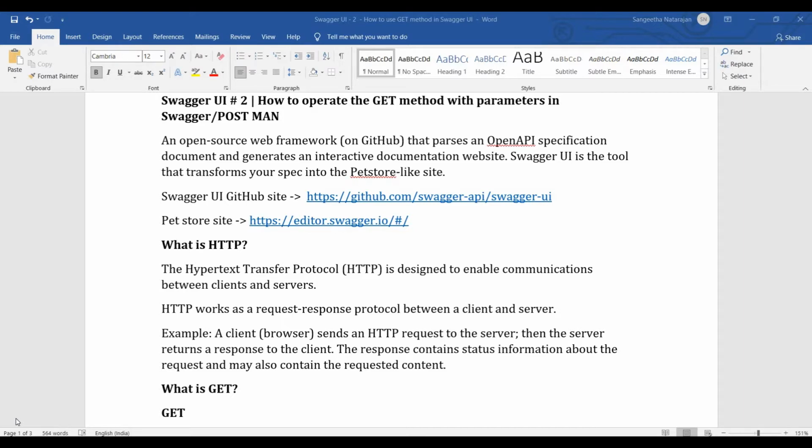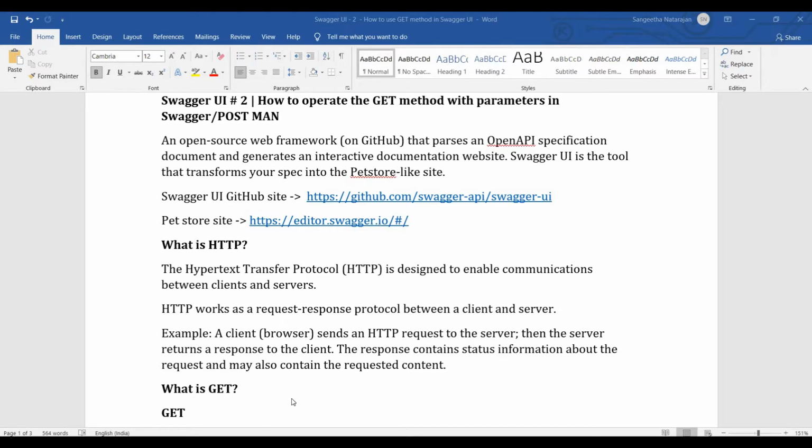Take a small example: after you are done registering in any portal, you get some confirmation, right? You are successfully registered. How do you get that? Based on that user information, the confirmation comes. In that way, the API client and server give you the confirmation message.